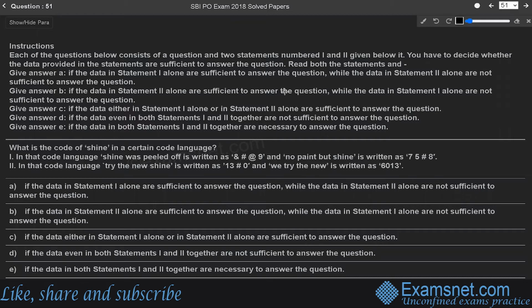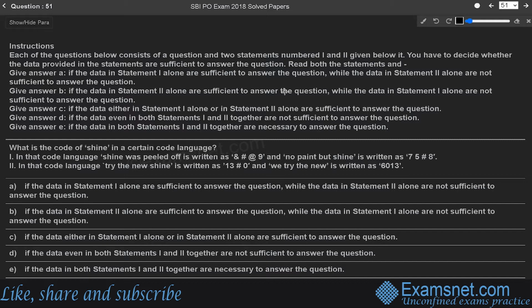The statement is, in that code language, Shine was peeled off is written as ampersand hashtag @9 and no paint but Shine is written as 75 hashtag 8. Second statement is, in that code language, try the new Shine is written as 13 hashtag 0 and we try the new is written as